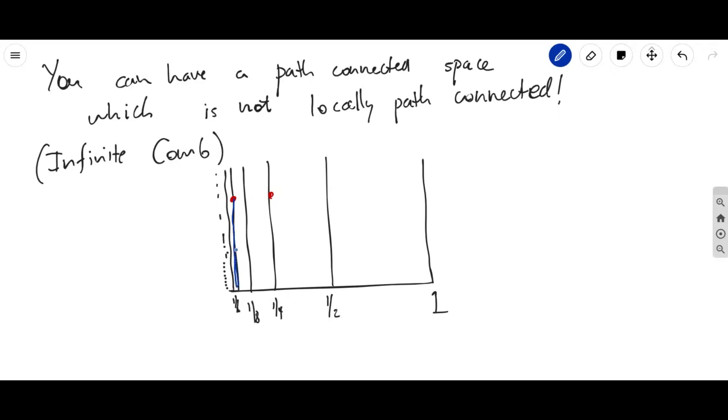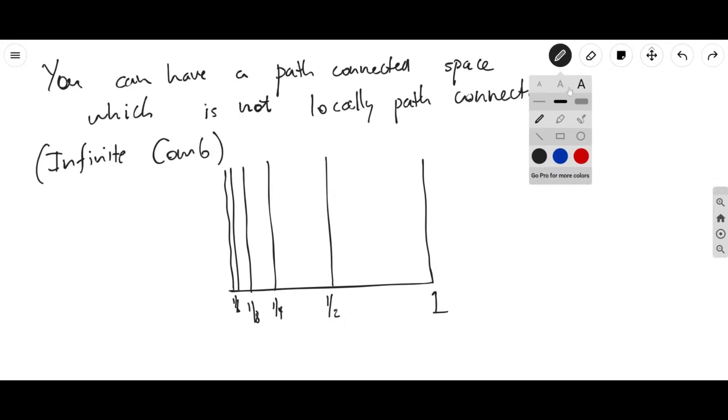You just go down like this, you go across, and then you go back up again. So you can always connect them by a path. That's not a problem. The problem would be that it's not locally path connected, because let's say you pick... so you do this forever, right? You do this forever, and you also include